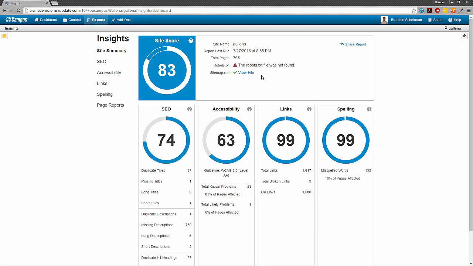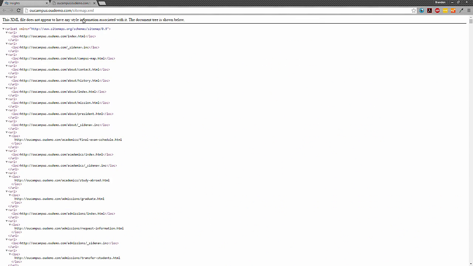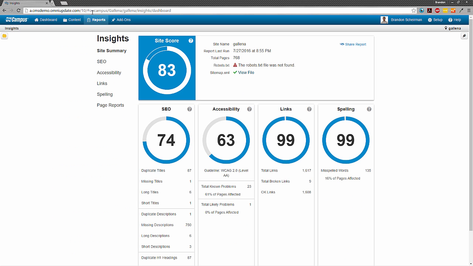Sitemaps are used by search engines to make sure they're scanning the correct files, and robots.txt is a way for you to exclude automated web crawlers from scanning certain portions of your site. If those files exist, Insights will note that, and you can click on it right here to view that file specifically.